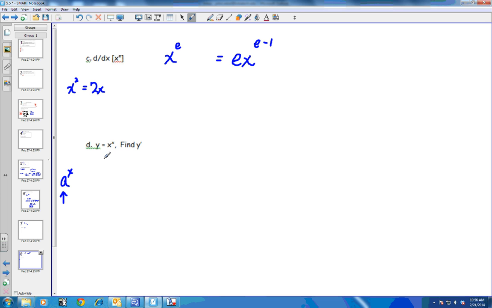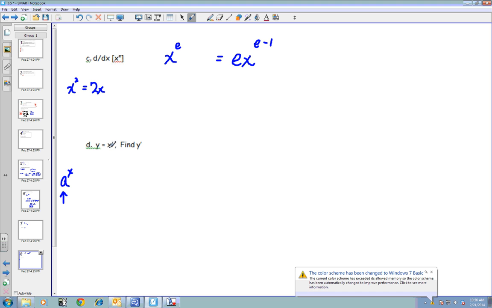So when you have a problem where you're finding the derivative of a variable raised to another variable, okay, we're going to have to do what we call logarithmic differentiation. So I'm going to find the derivative, but before I do that, I'm going to have to change this. I cannot leave it as a variable raised to a variable. So one way I